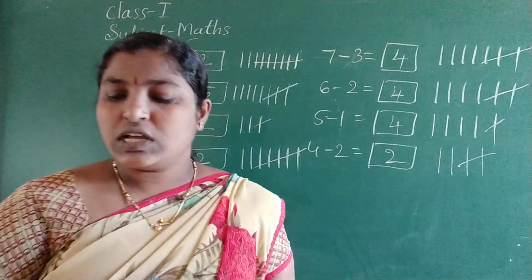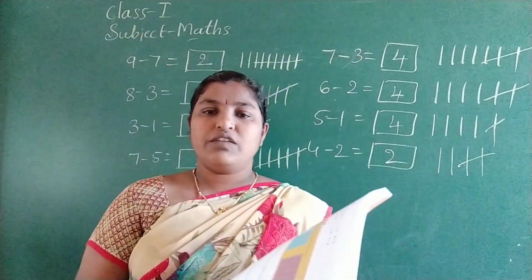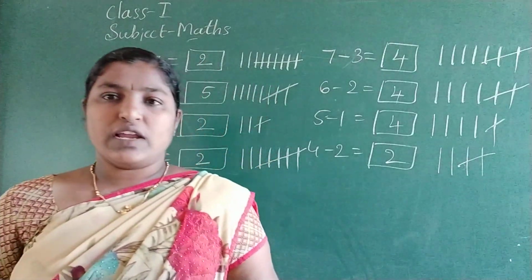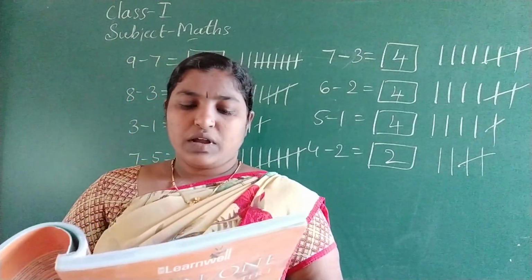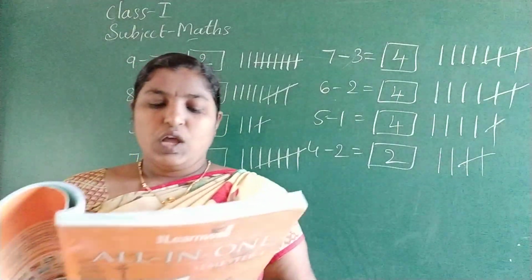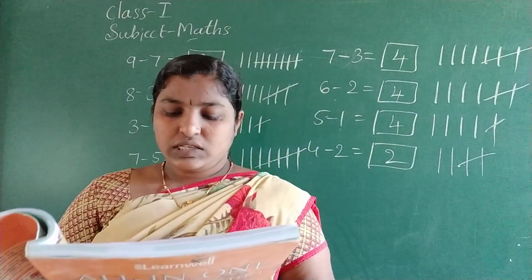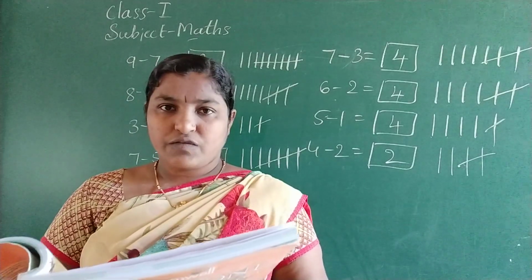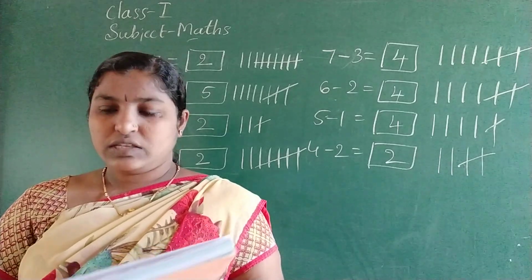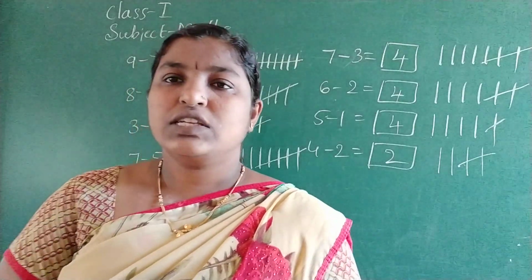And tomorrow we will discuss subtraction vertically. The book has given vertical subtraction. Let us find 5 minus 3 by drawing lines. Arrange one number under the other number. 5 minus 3. Beside the first number, we will put 5 lines. Now cross 3 lines from the 5 lines. Count the remaining lines. So the result of subtracting the numbers 5 and 3 is 2. This is the subtraction vertically. This we will discuss tomorrow.